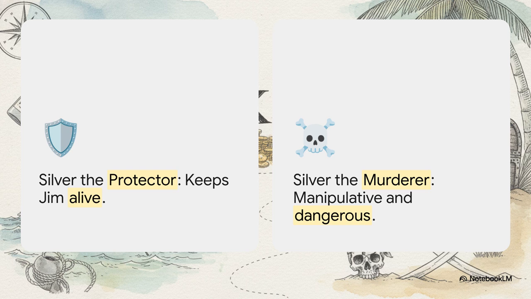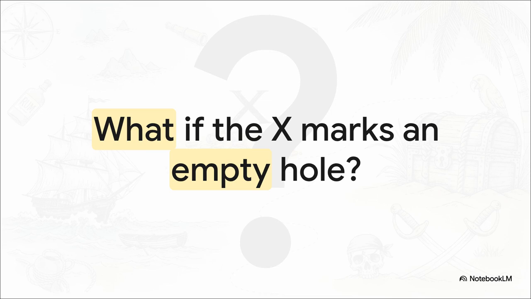See, Silver operates by his own totally twisted, morally gray code. He genuinely respects Jim's spirit and his courage, so he becomes simultaneously Jim's protector and the ruthless pirate captain who would happily slit the throats of the boy's friends to get his hands on that gold. It is a fascinating dynamic. Driven by pure greed and mounting paranoia, the mutineers force Silver and Jim to lead them deep into the jungle, following Flint's map to the exact treasure site. The tension is incredibly high here. Silver's authority over his men is basically hanging by a thread.